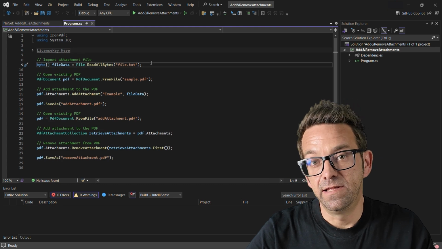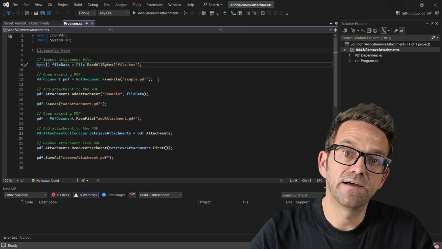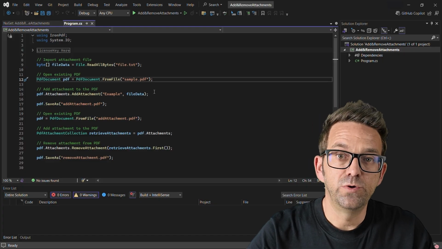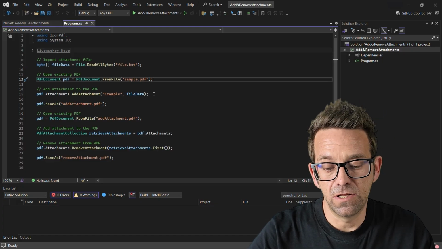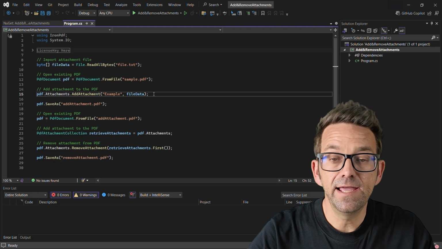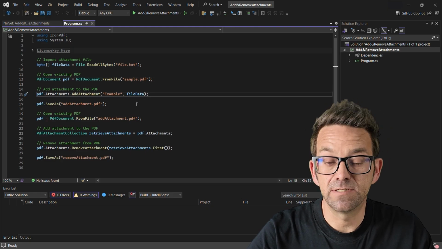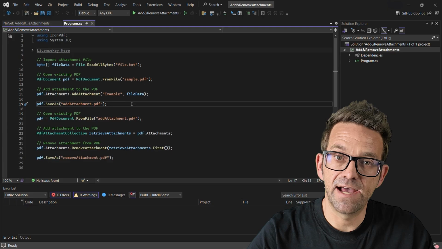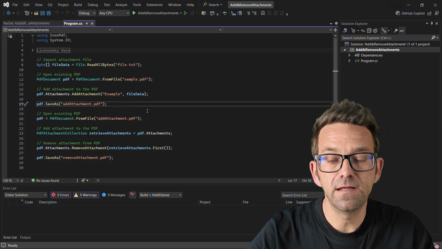Next, we'll open an existing PDF file using the PdfDocument.FromFile method, which allows us to work with that PDF. To add an attachment to the PDF, we first load the file into a byte array and then use the pdf.Attachments.AddAttachment method to attach the file to the PDF. After adding the attachment, save the PDF using the SaveAs method to store the updated document with the file